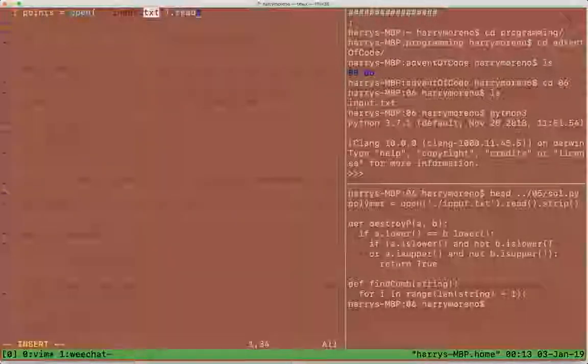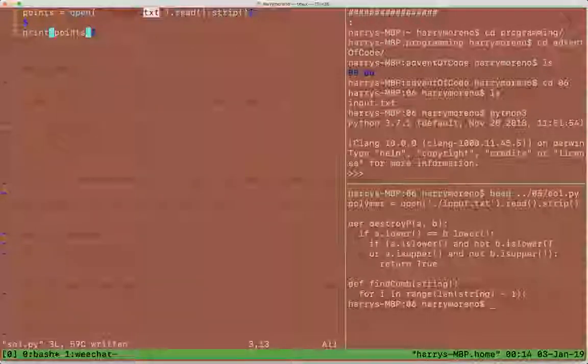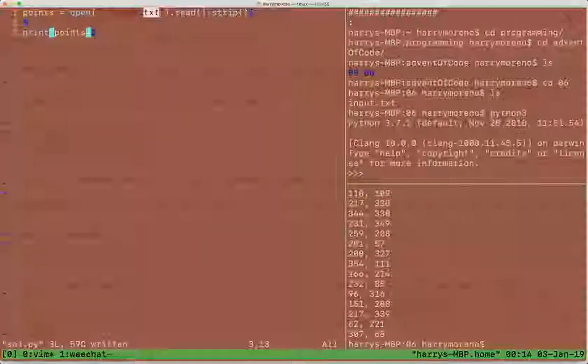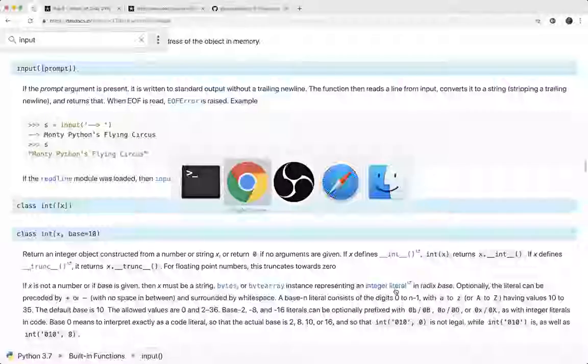input.txt, read. I think the strip goes and removes any trailing newline there might be. Okay, and then as a sanity check, okay. And then, so we basically have several XY pairs. The Manhattan distance